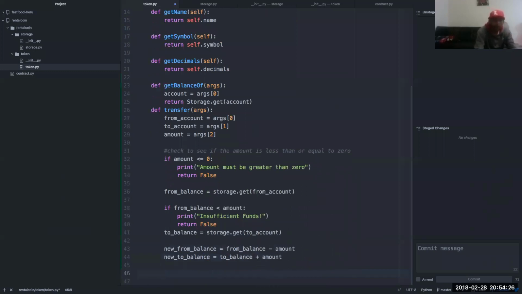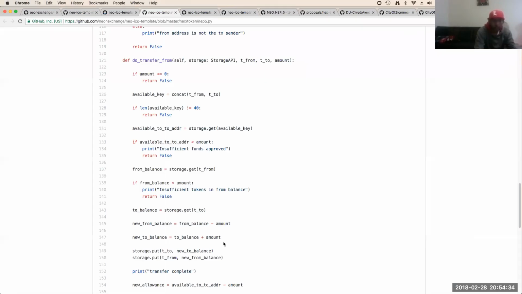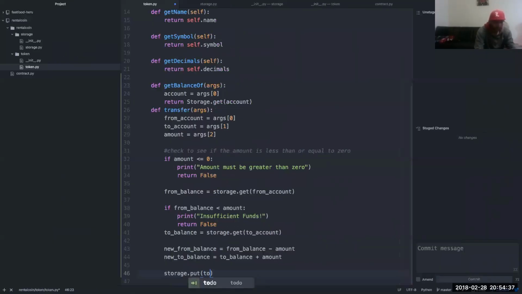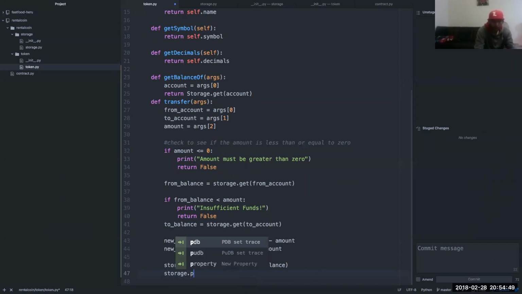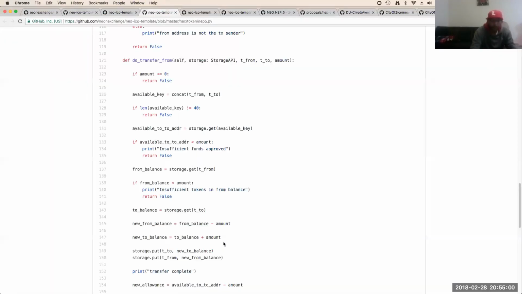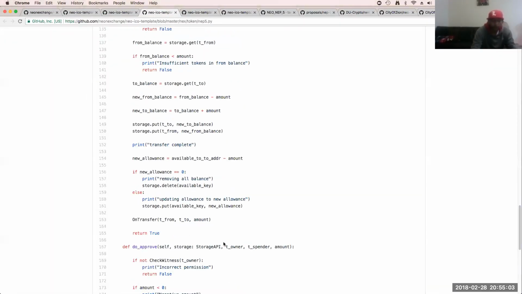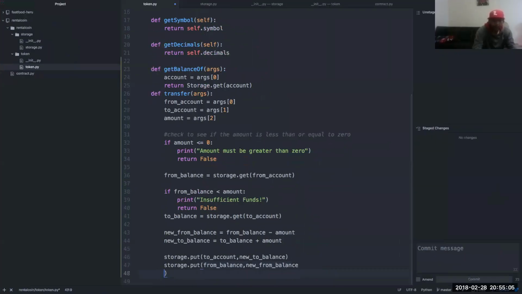And then what we want to do is storage dot put to account and new to balance, and then we want to do storage dot put from balance, new from balance, and transfer complete.